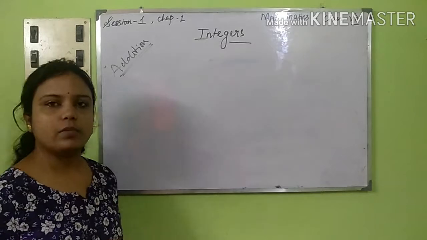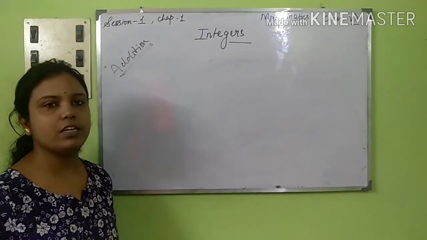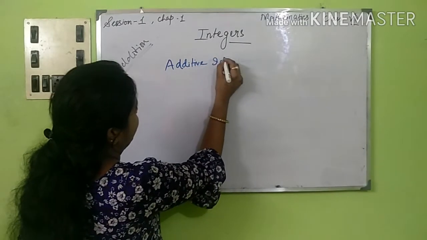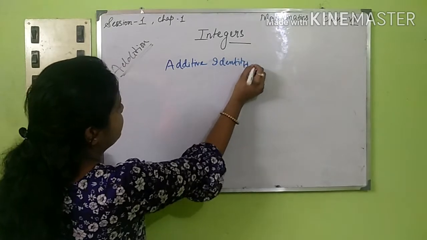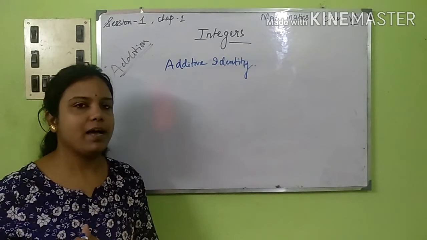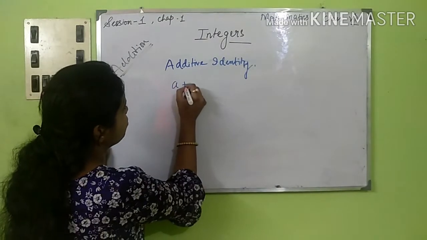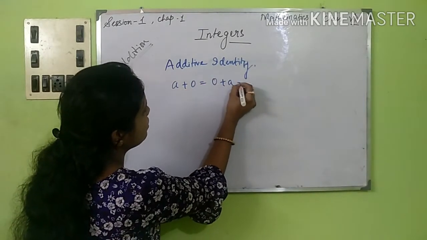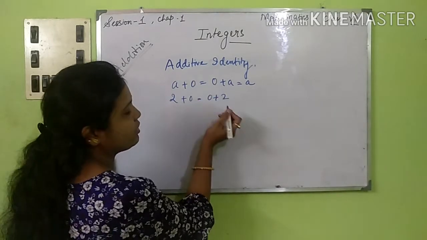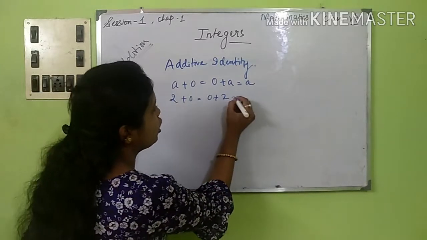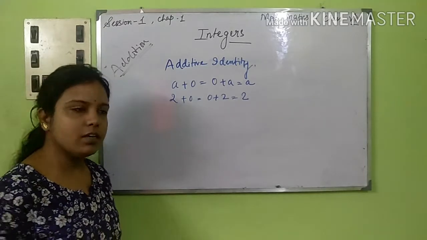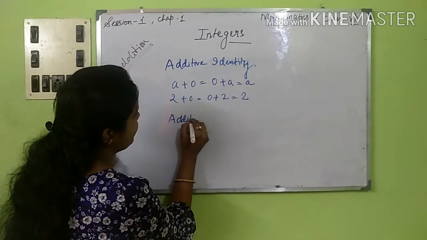Clear? Next, now coming to the fourth property, addition or additive identity. Additive identity is, if a particular integer is added to 0, you will get back the integer itself. That is, anything you add to 0, the same number will be repeated. Suppose 2 is a number, 2 plus 0, or 0 plus 2. Whichever way you arrange it, you will get back the integer itself. So this is your property for additive identity. Okay, next coming to additive inverse.